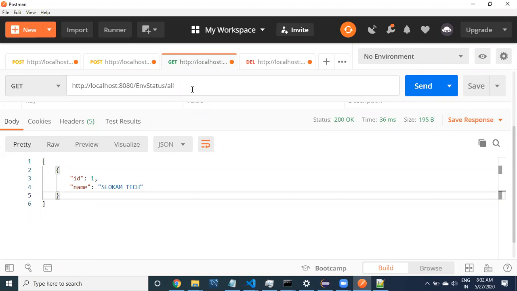If you want to send data to the backend, that means a REST service. If you want to call the backend, that means a REST service. Try to recognize and remember the vocabulary that I'm using. Sometimes I use backend, sometimes I use REST service. Both are the same. Sometimes I say I'm going to hit the URL, and that URL may be related to a REST service. These are synonyms related to this concept.